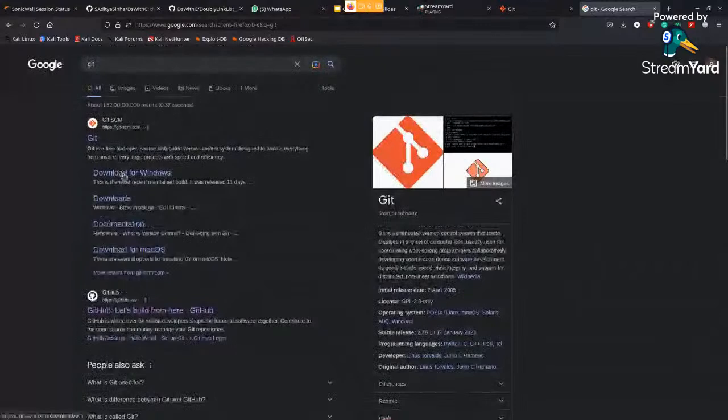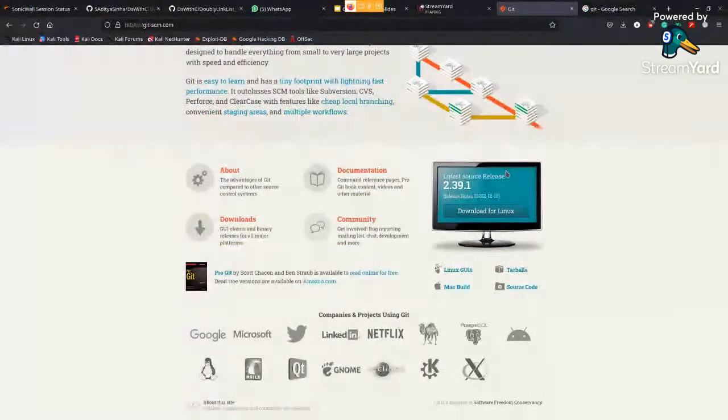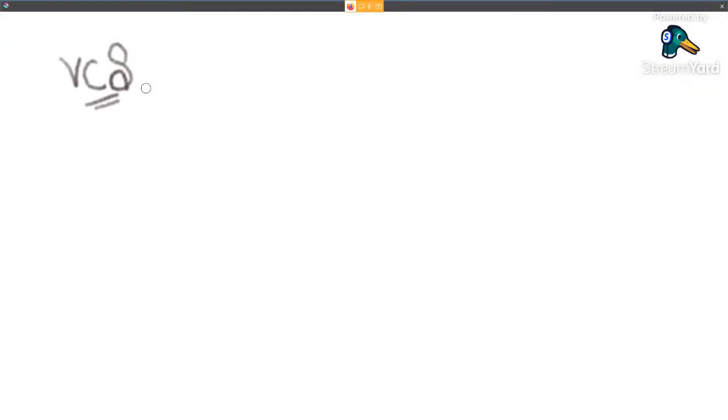As you can see, most of the time we generally consider both of these things to be one, but there is a difference. There is a huge difference. First of all, let's talk about Git. Git is a free open source platform that is basically for VCS. Now, let's come down to what is VCS. Let me give you some explanation.